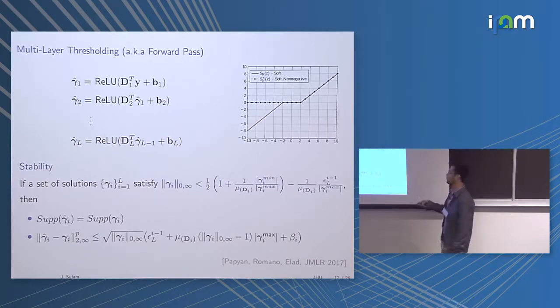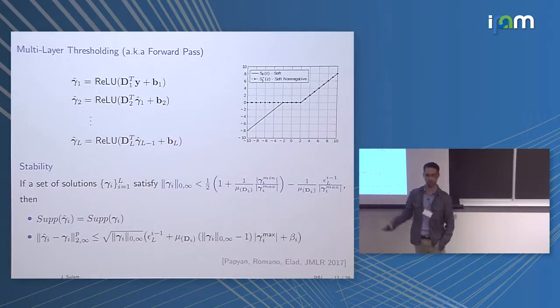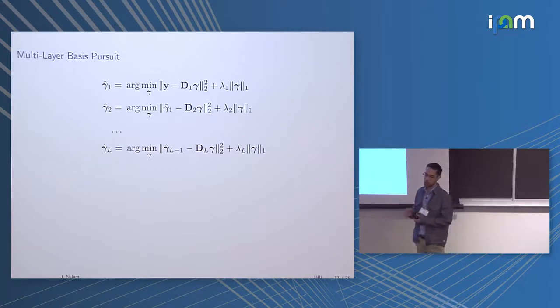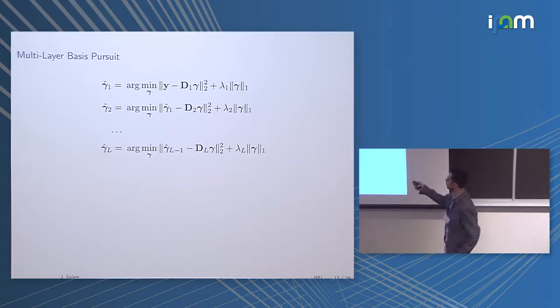On the other hand, there are a few annoying issues about this. For example, these bounds actually become looser and looser the deeper you go into the network. You can resolve some of these issues by, for example, saying, well, if each layer in the forward pass is essentially performing the first step of this proximal gradient descent, well, what if I just keep performing these updates? And so one could propose this multi-layer basis pursuit approach where you don't do just a thresholding, but rather you actually solve the entire basis pursuit problem. And you do that layer by layer. And this improves some of those limitations, but there are other problems that are still there.